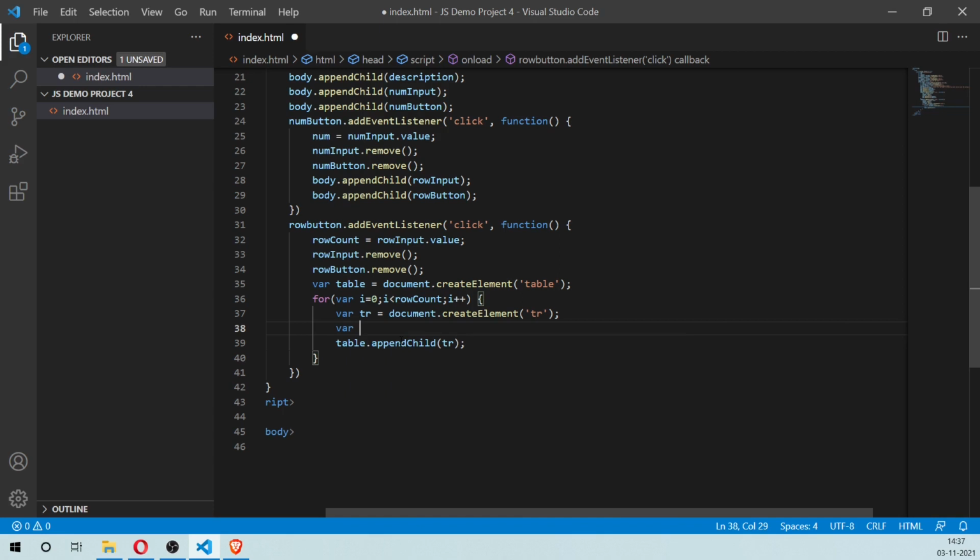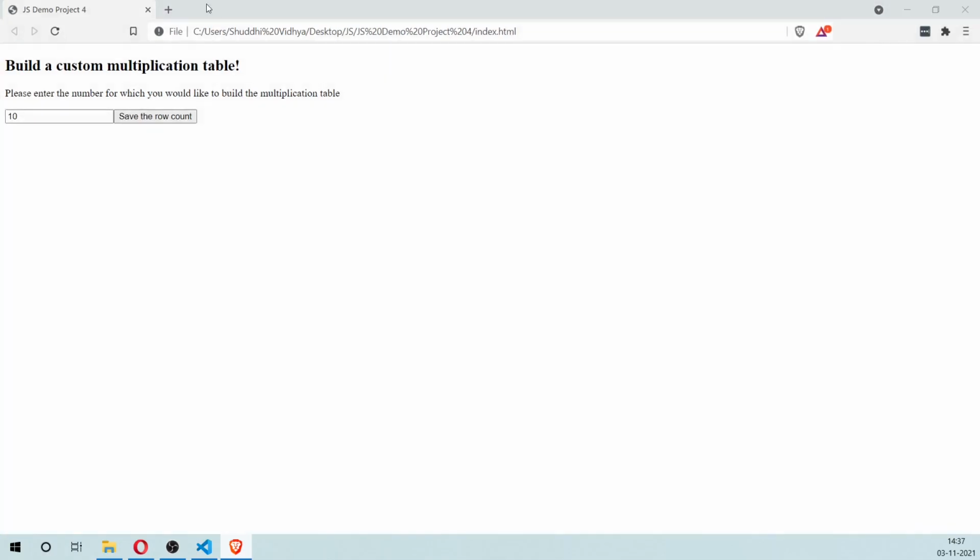So we'll first create the first cell, and if you want to visualize what this will look like when it's done, you need to have 3 cells in each row. So let's actually pull up a multiplication table.